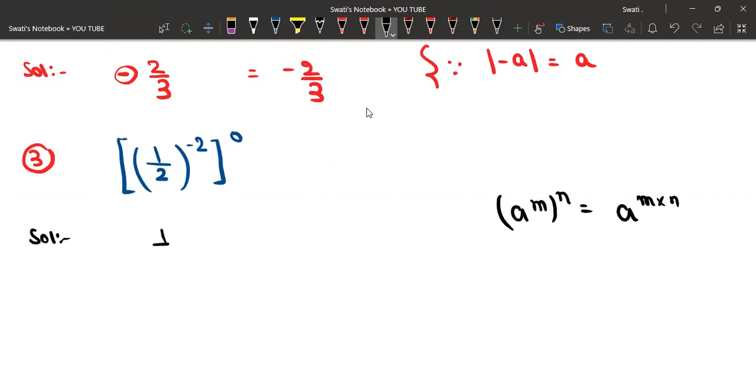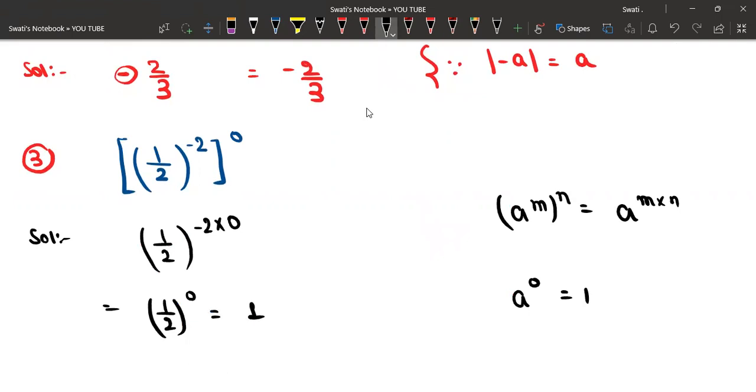So I can write this as (1/2) raised to minus 2 times 0. We know that any number multiplied by 0 is 0 only, so this will become 0. There is another property of exponents, or you can say law of exponents, that is the law of zero exponent. Any number raised to 0 is always 1. So this is also going to be (1/2) raised to 0. So it is 1 only. This is the answer. I hope you are understanding the